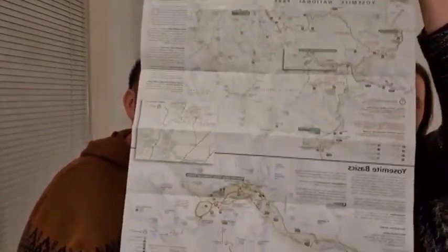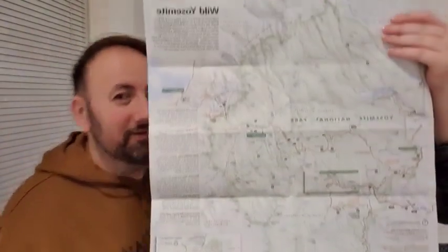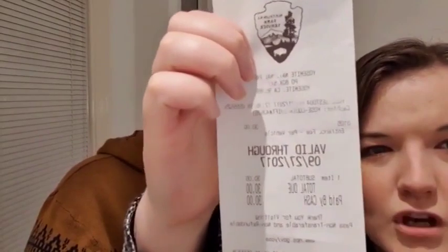Our map, which you will get when you do go through, when you actually enter the park. It was $30, and that covered us for quite a few days. That wasn't $30 a day, that was over 3 days. Yeah, so 3 days access, so $10 a day. That's a bargain for the scenic drives that you have. Time of the year,